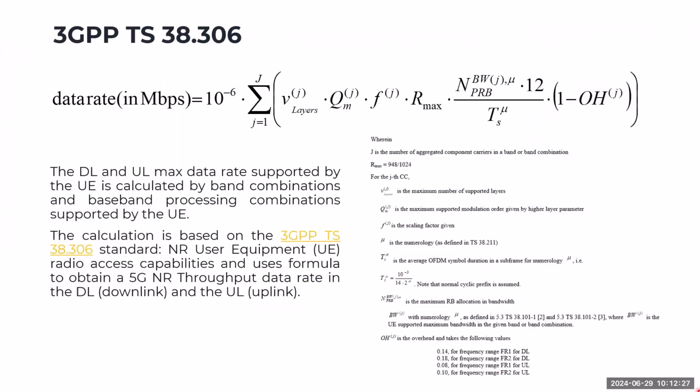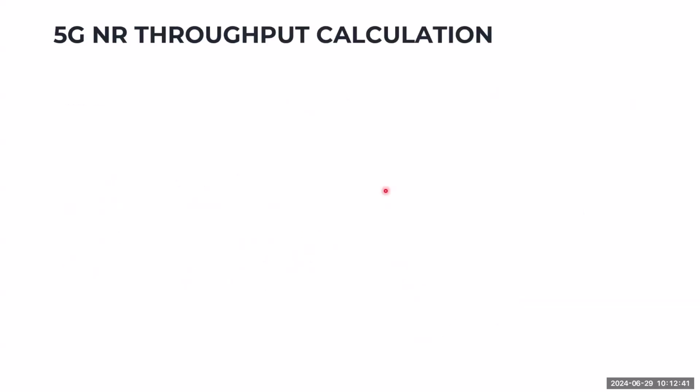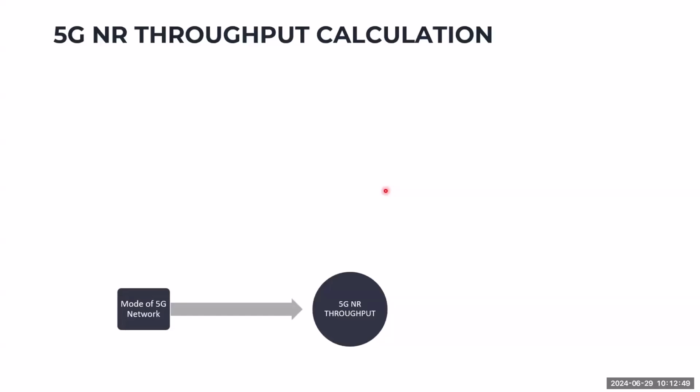So going back to our discussion, these are technical specifications. So this is the source of the information. So I simplified it further into this slide. So the 5G NR throughput, for example, for the UE. So first we need to have the mode of 5G network. So what is the mode of 5G network that affects the throughput of your system? So we have two major types of 5G mode. So our 5G could operate in a TDD or an FDD mode.